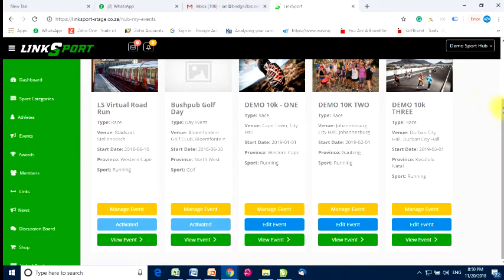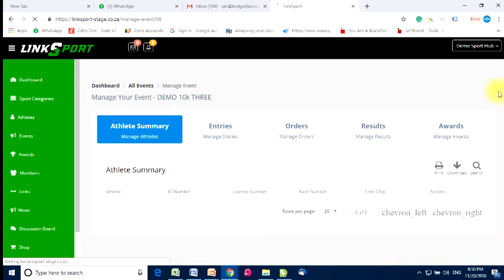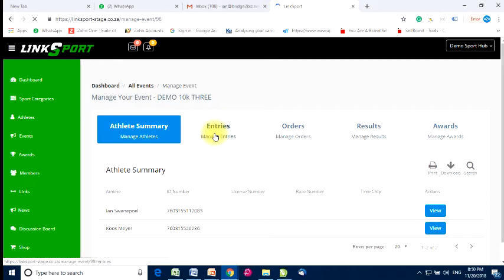Okay. So when you're in the system and you have an event and you say manage event, I think we should build in here. So if one looks at an event, you should see all the information which will happen in that event that you are looking at. Okay. So here we've got athlete summary, you've got entries, orders and results. So I would say here under entries